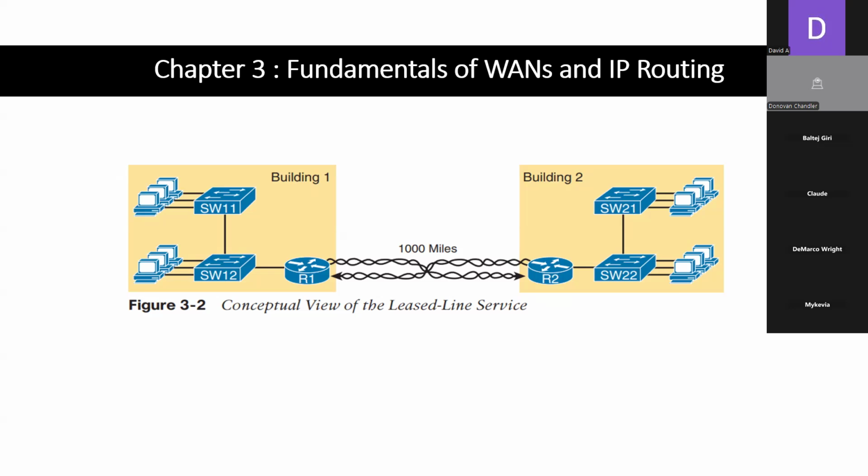All right. Now, if we're looking at this diagram, it's very misleading. You look at it and say, okay, how are building one and building two connected to each other? You would think by looking at this diagram, hey, there's just one cable that goes from one building to another. That's all we need, right? Well, it's not as simple as that. So typically, when one router sits, it connects to a telco. And that telco doesn't install one cable at one building and another cable at another building to connect two buildings. Instead,